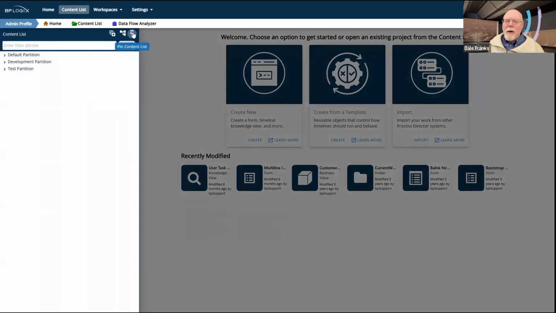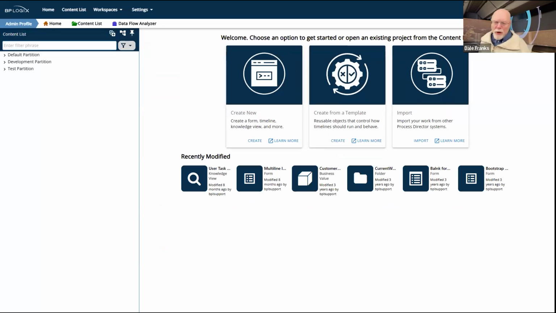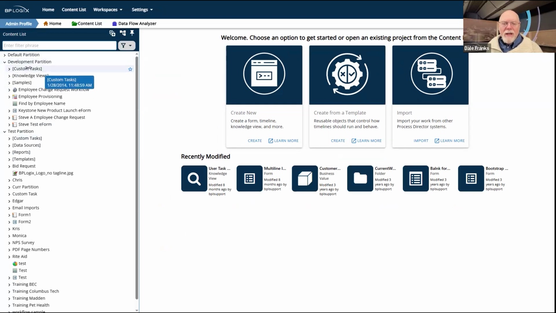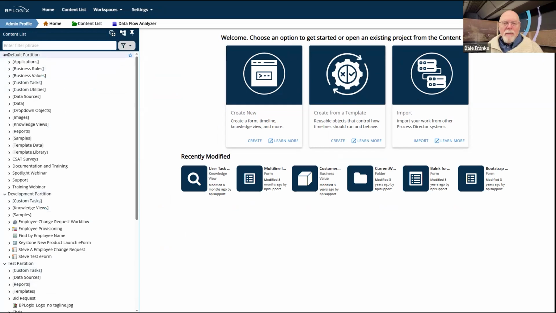There we go. And if you have multiple partitions on your system, it doesn't matter which partition you're in, you need to have that custom tasks folder located at the root level of the partition. So as you can see, each of these partitions has the custom task folder.